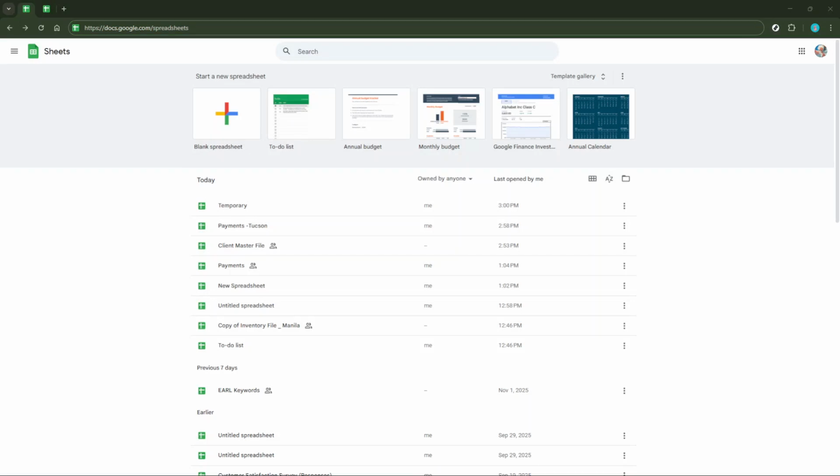In today's video, I'm going to teach you how to lock a tab in Google Sheets. Whether you're collaborating with a team or simply want to secure your data from accidental edits, locking a tab is a straightforward process that can save you from many headaches later on. So, grab your cup of coffee and let's dive right into it.